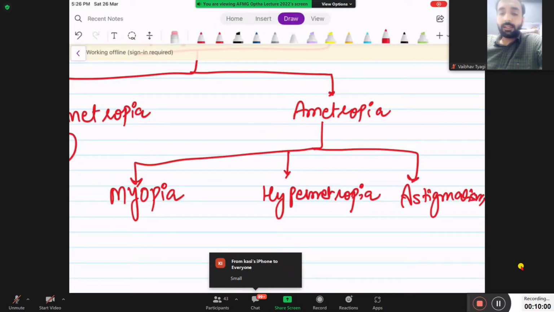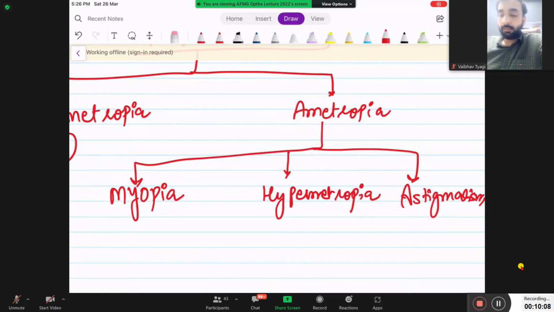When the axial length of the patient is more than 26 millimeters, the patient has pathological myopia. Clear? Pathological myopia, which we have studied, is a cause of